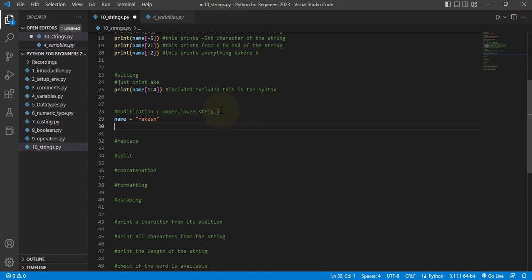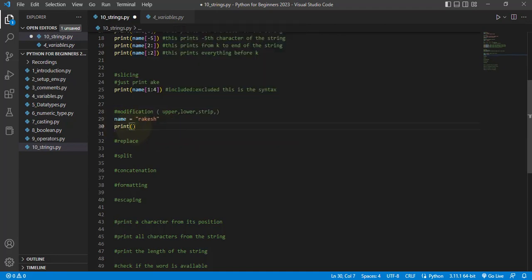If I want to print this name, but the printed name has to be in capital letters, in caps. I don't have control over this input because the user will send it. So whenever I print this particular variable, I need to print it in capital format. So I print name,